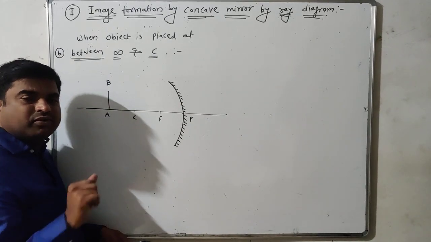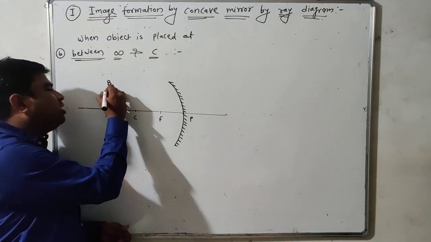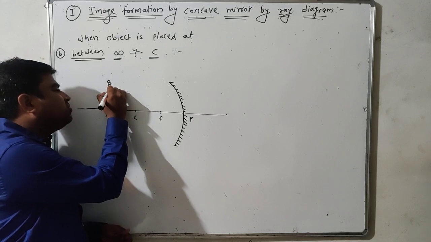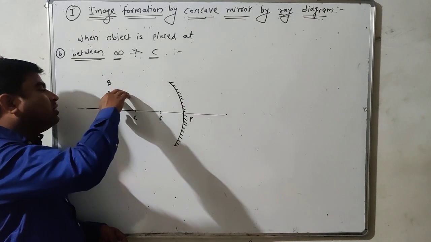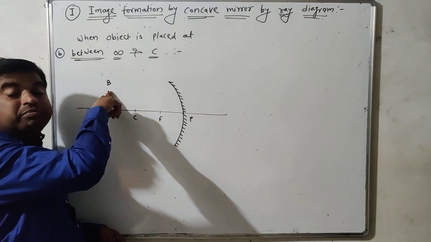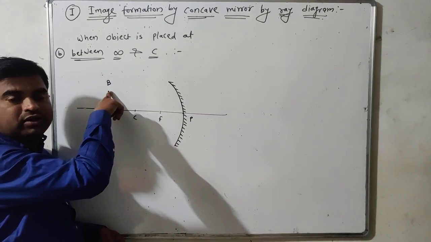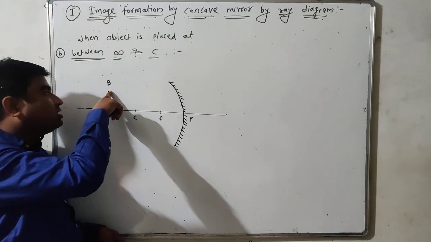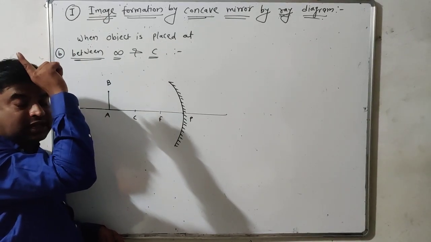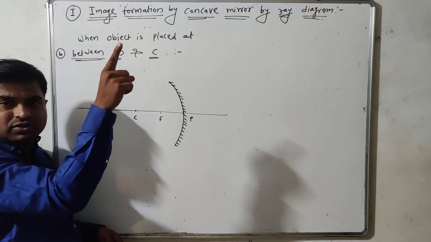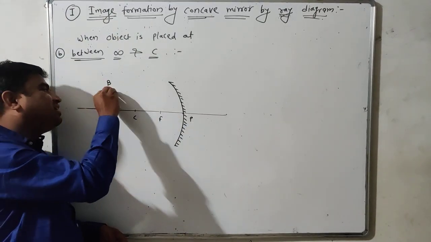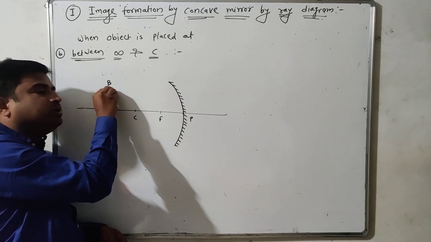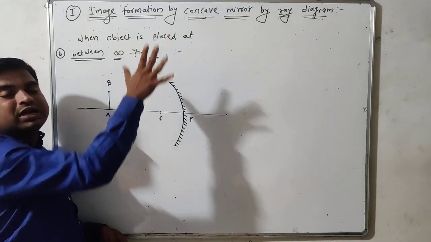Do you understand? Okay. Now student, first of all, let us take the extreme point B. This point B behaves as a secondary source of light. Why? Because the light from primary sources like electric bulb, sun, and the other primary sources, when incident on B, will be reflected by point B in all directions.